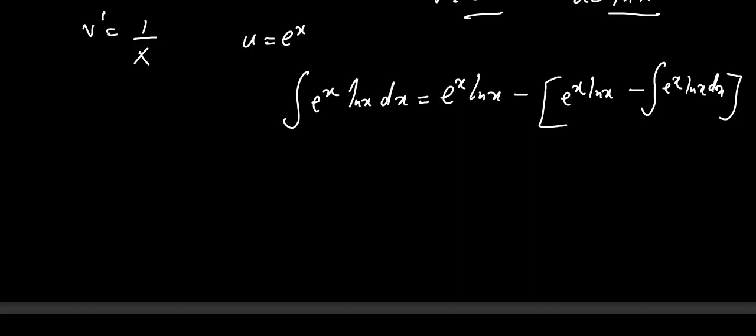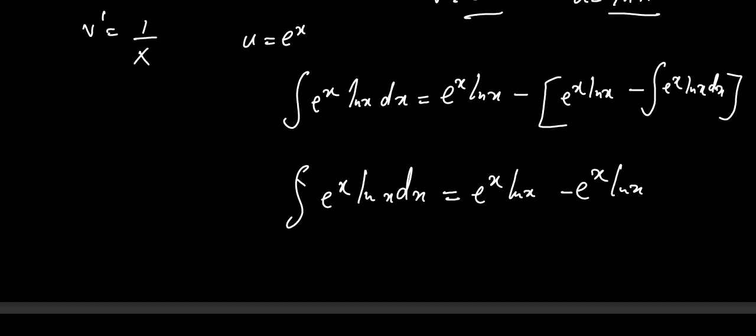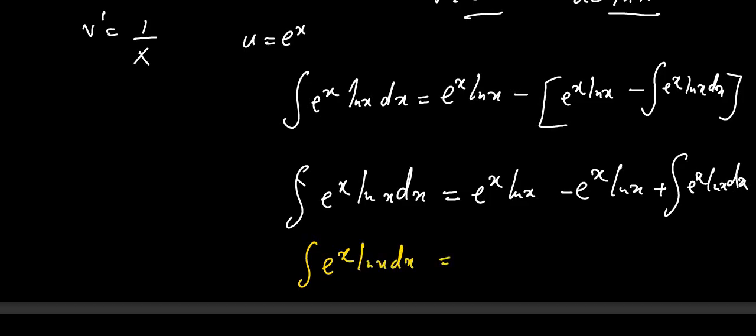Yeah, so this is just going to give us e^x ln x dx. This gives us e^x ln x minus e^x then ln x plus e^x then ln x dx. So in this particular case, you notice that this part here cancels. This part here cancels. We're going to have e^x then ln x dx is equal to